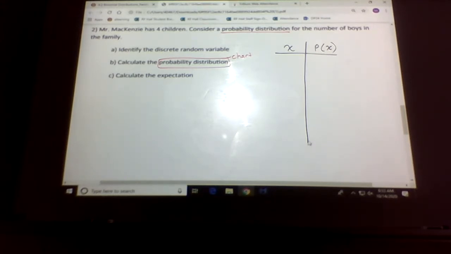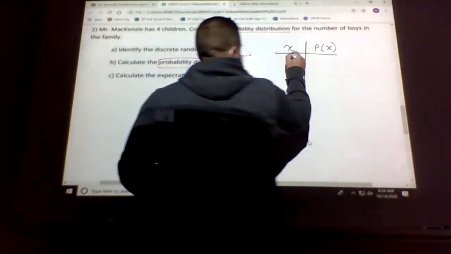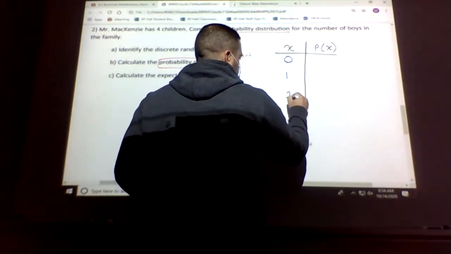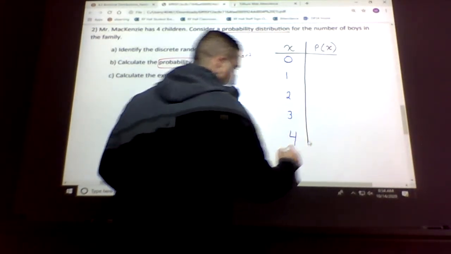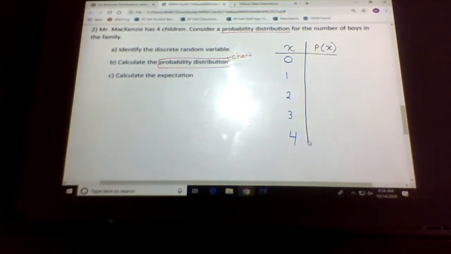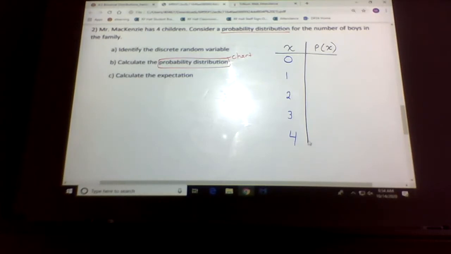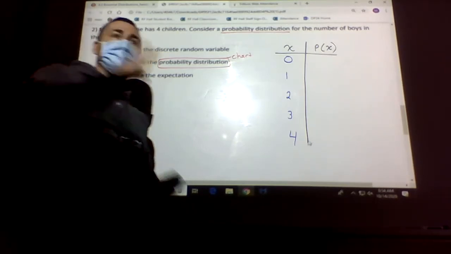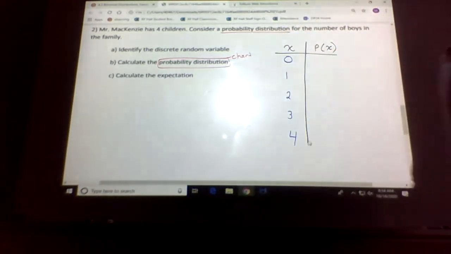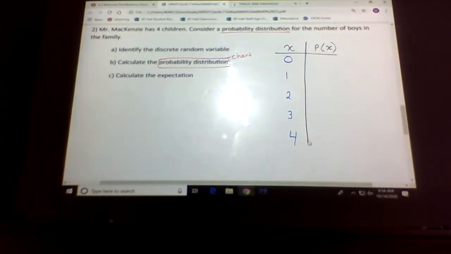Okay, so we can have from 0 boys all the way up to 4 boys. So 0 to 4. I can have all girls, or I can have all boys and everything else in between. Now we have to do the probability. So these are multiple trials. Having a child 4 times, we consider trials. So that's why it's different than